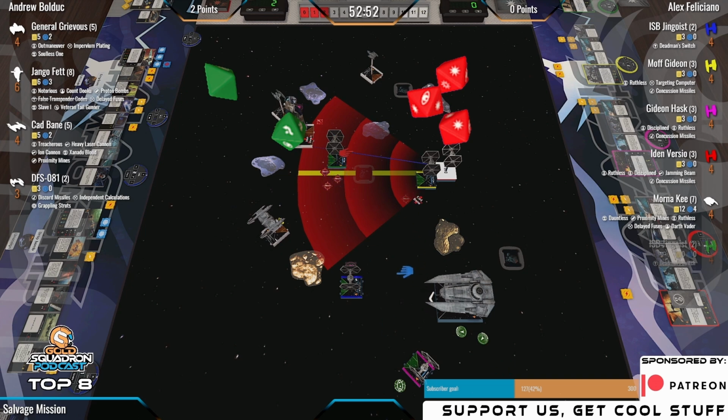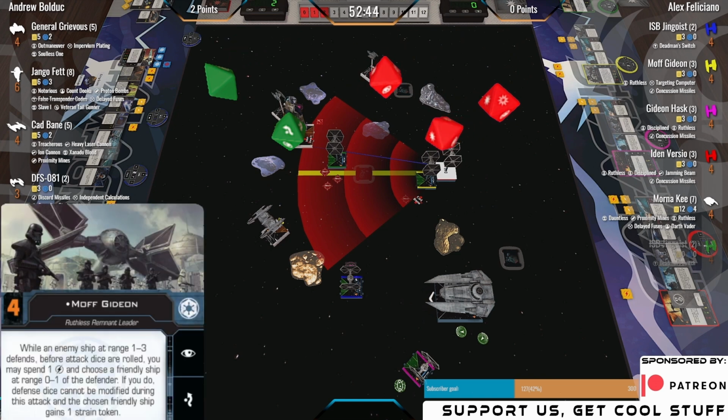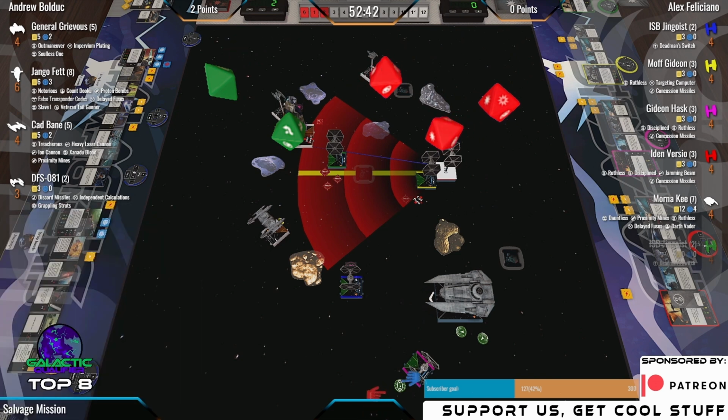She's going to fire a concussion missile. Defense dice cannot be modified. That's Moff Gideon's ability. And Ruthless for 2. No, he's going to spend the lock first. Oh, spend the lock first, yeah. Because remember, we're still in Initiative 4. So that Ruthless, you could just continuously just...